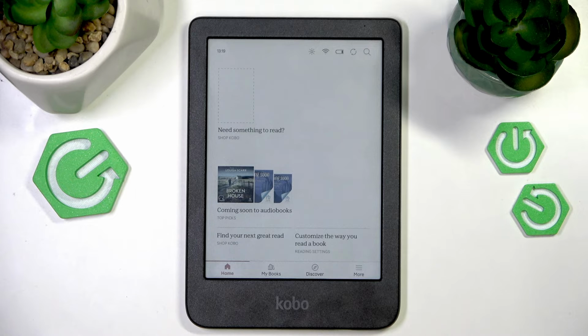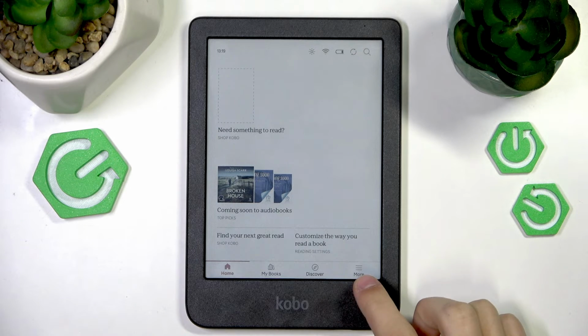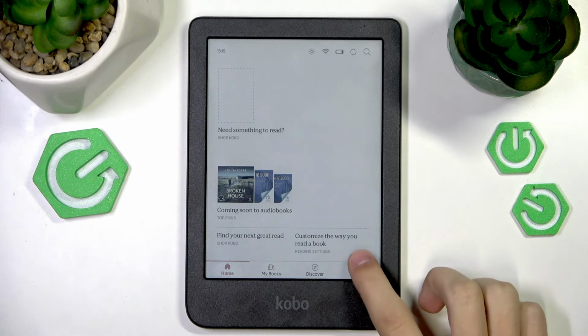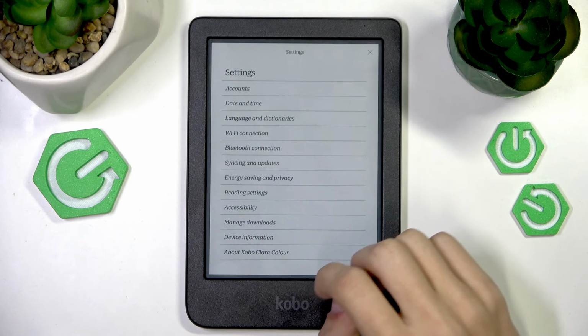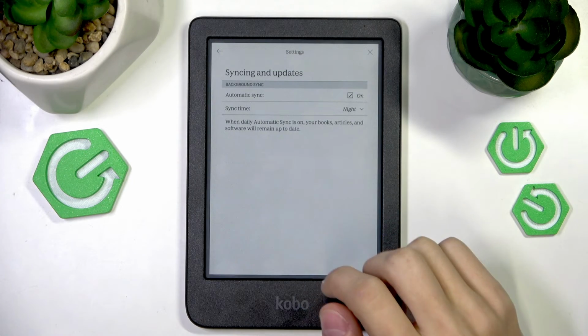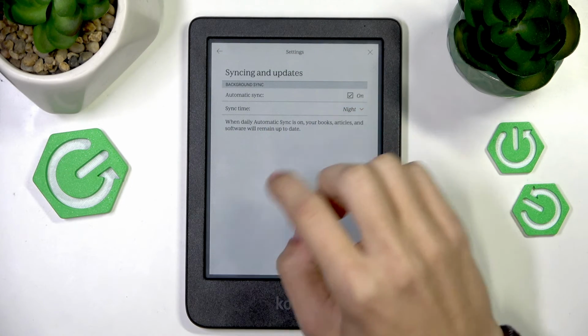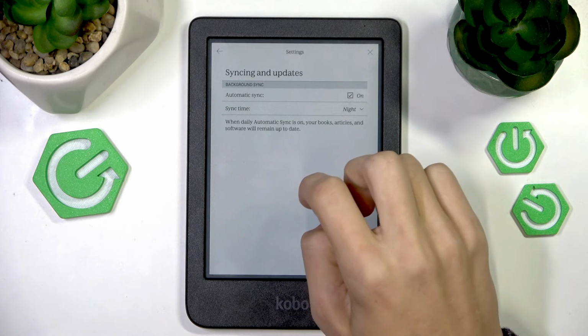So the first thing that we're going to do is go to the settings by going to the More tab first. So we can press this button on the bottom right, which says More, to access the More tab. Then we're going to press Settings, press Syncing and Updates, and enable automatic sync if we want the automatic synchronization